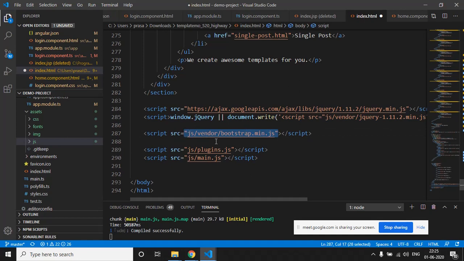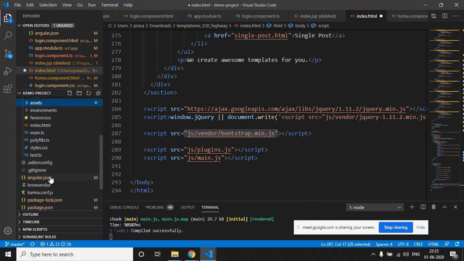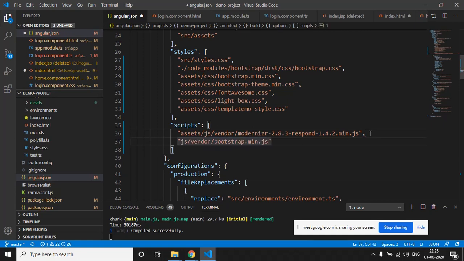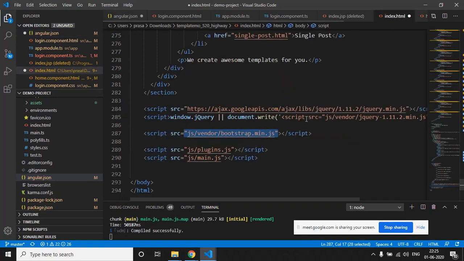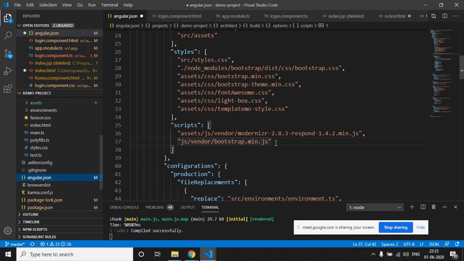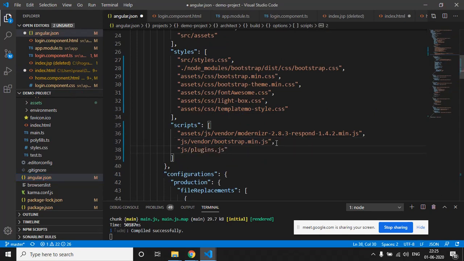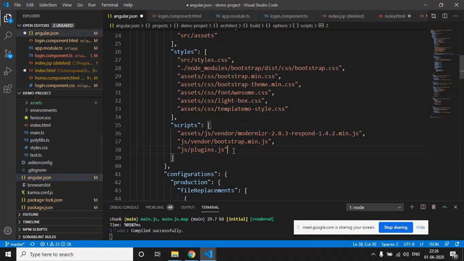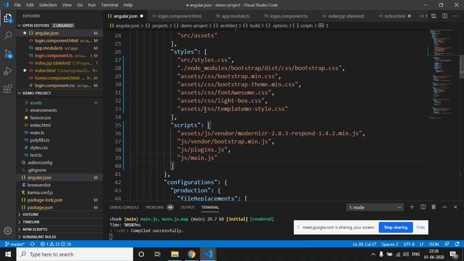So we will just copy this and paste it into the angular.json script array. We have to give the correct path.